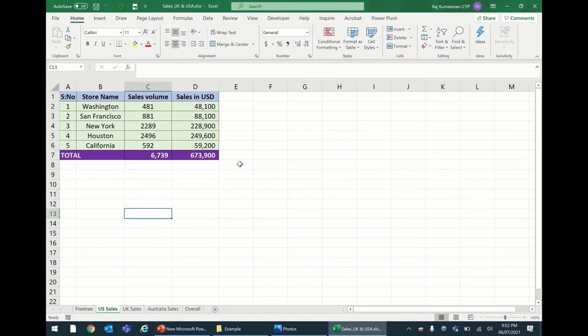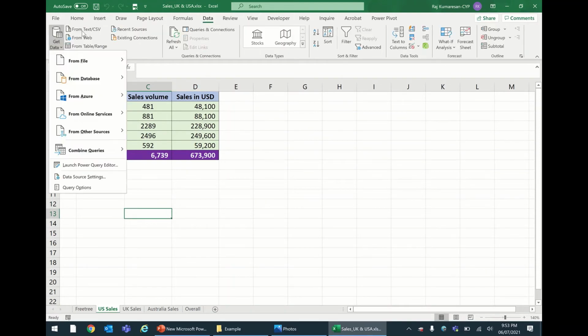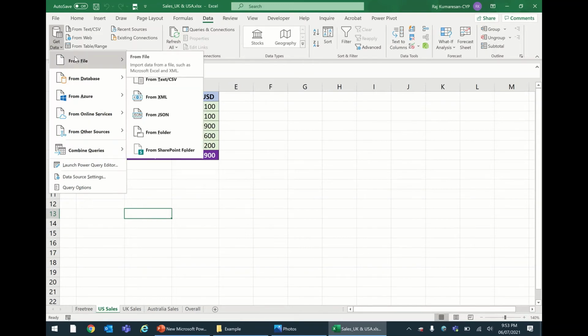So now let's see a very different way of linking two sheets. It is something very similar, a very baby step of Power Query. All right, so what we do is very simple. We go to Data, and we get the data, literally get the data from a file,